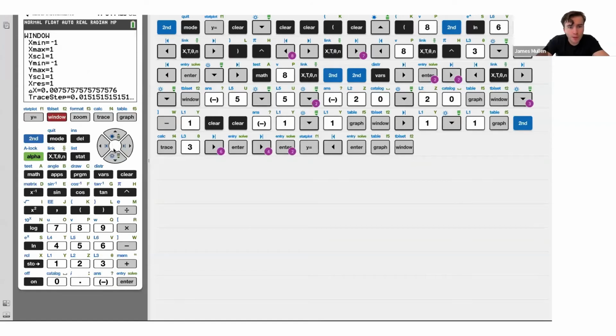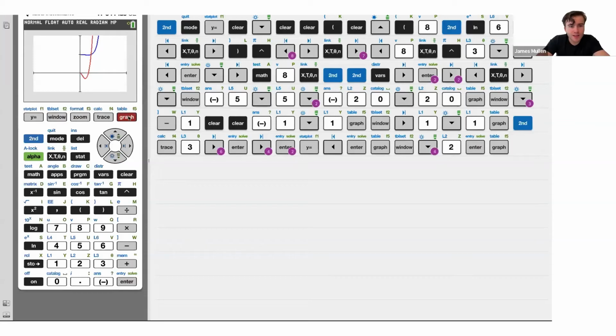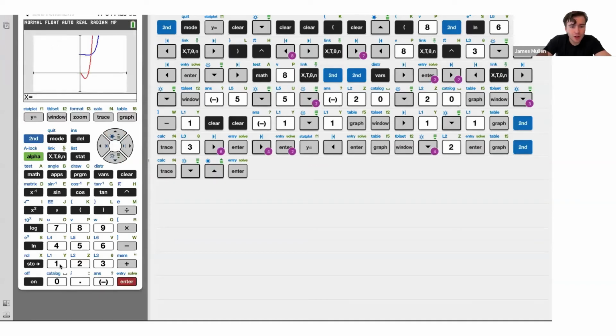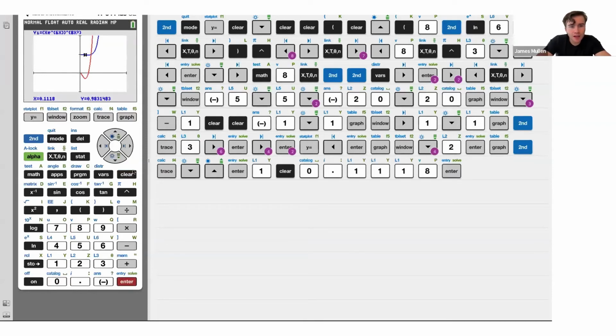I need to make my window a little bit bigger, like that, y-max, so I can still see it. And now I'm going to go second, calc, value. I'm going to go on to 0.112, or 0.1118, I think it was exactly. And on the blue curve, on the original function, that corresponds to 0.983. So that is the coordinate of the inflection point. You can actually see that inflection point right there, kind of, if you zoomed in. So my answer now, if I go back, is going to be